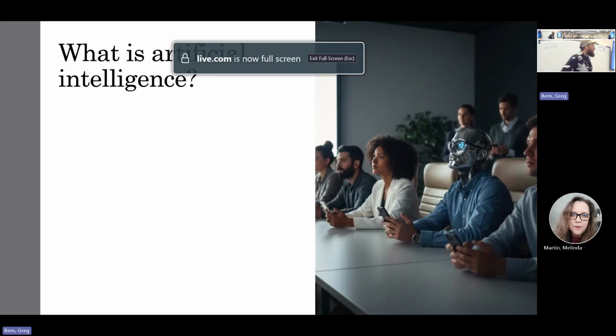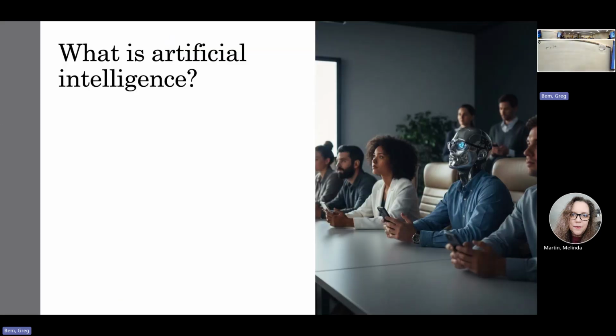So before I use a very, in my opinion, awesome definition of artificial intelligence, does anyone want to use their own words to describe what AI is? What is this mysterious thing called artificial intelligence? A lot of you have used these tools, yes.